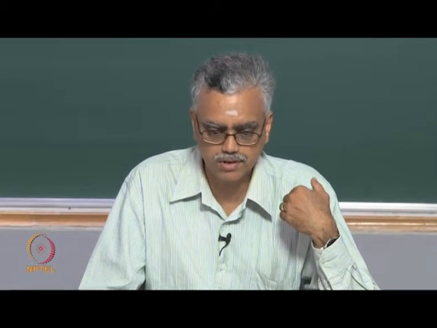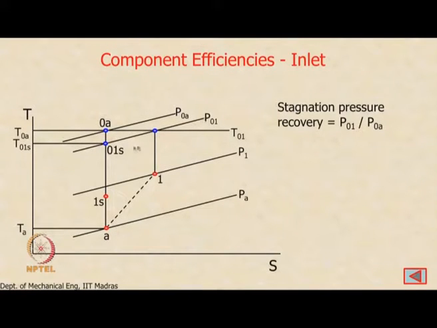Remember, this is along the same isobar, right? So P01s is equal to P01. The stagnation pressure here is the same as this state, but notice that because we are constraining it to be isentropic, it has to lie along this vertical line and not along this horizontal line, which means that the stagnation temperature is this. Since in our steady flow energy equation, we have the stagnation temperature appearing,